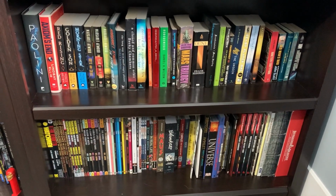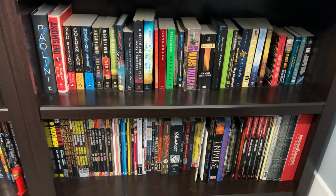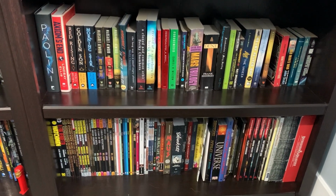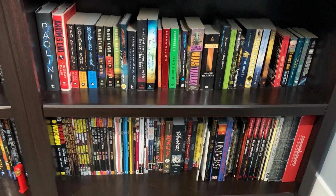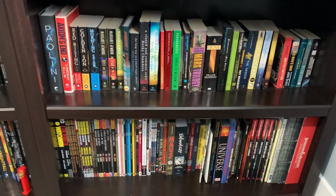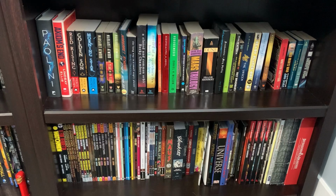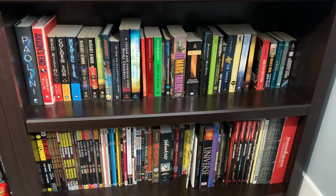We've got Watchmen and V for Vendetta. We've got the Dark Tower comic books, which I really enjoyed. Transmetropolitan, which I've only read the first 4 volumes of, but I really like it. We've got Sandman down there. Saga, which is probably my favorite ongoing comic series. We've got a couple of literary comics down here. We've got some of the Firefly comics, the Legend of Korra comics, and some of my husband's space books,